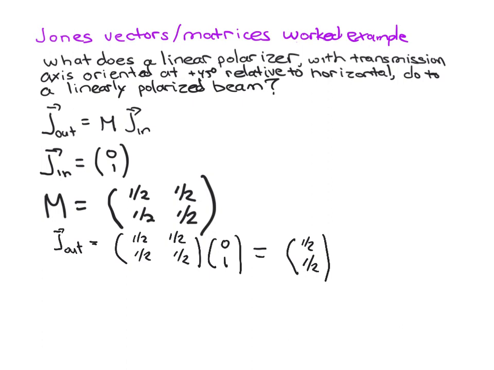You'll notice that that's not a normalized vector. It has a length that's not equal to 1. I can rewrite this as 1 over the square root of 2 times a vector, which is 1 over the square root of 2, 1 over the square root of 2. And this vector here we recognize as the Jones vector associated with a polarization that's at plus 45 degrees above horizontal. So I can write, and this is a totally unsurprising result, that the output polarization is proportional to